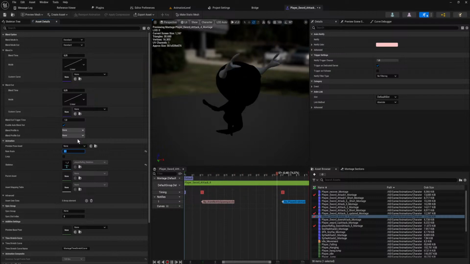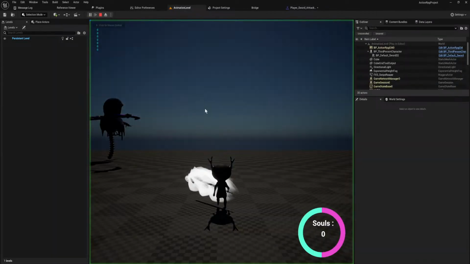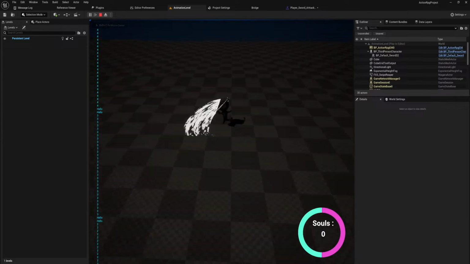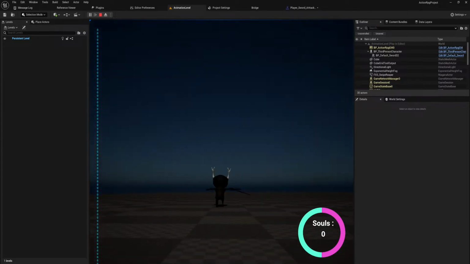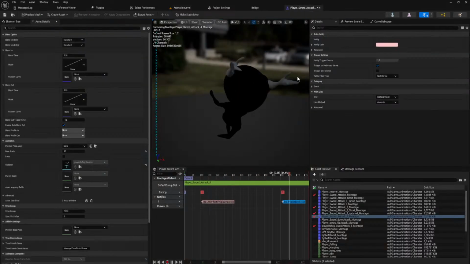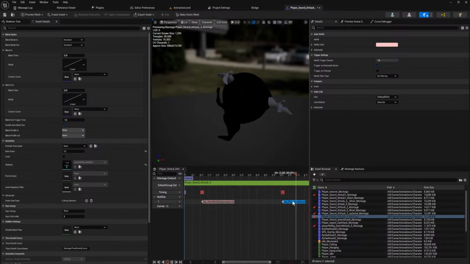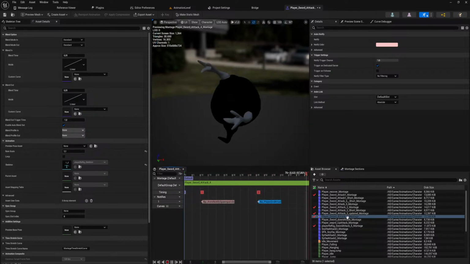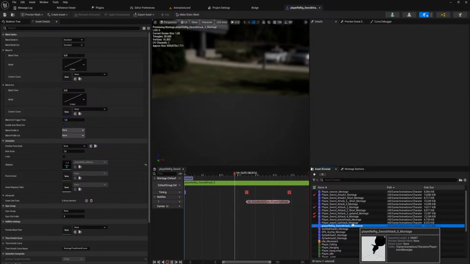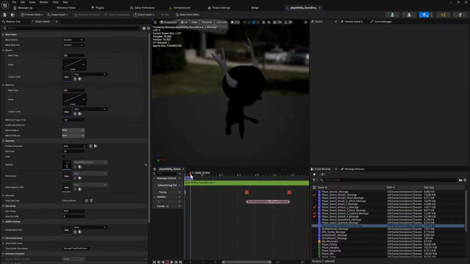And maybe we need to put that to 1.1 times speed. No, those need to be faster if I'm going to do that. So something like that. And frankly, maybe this needs to be a little bit faster as well to make it work.